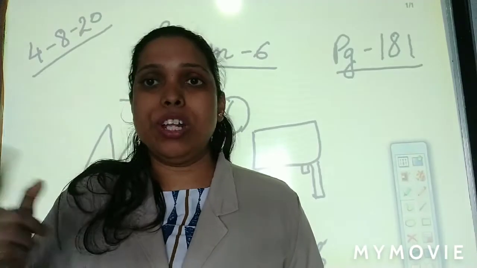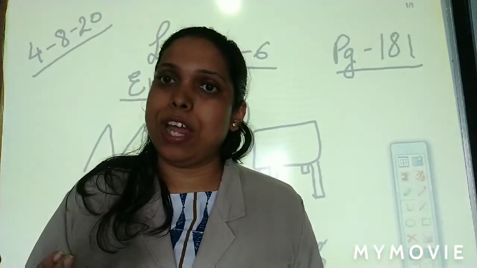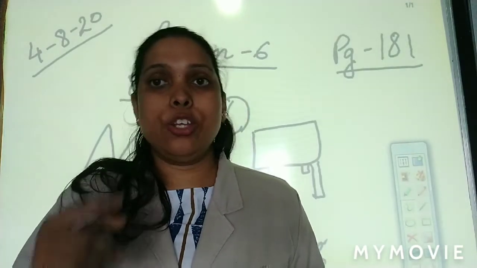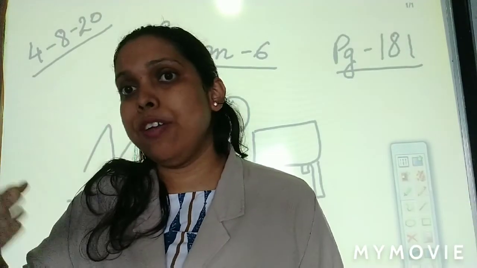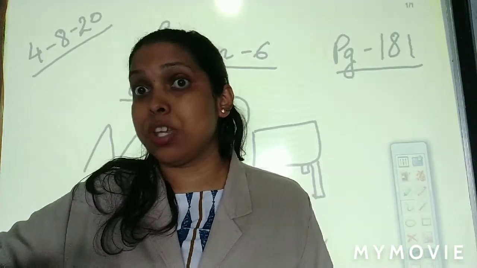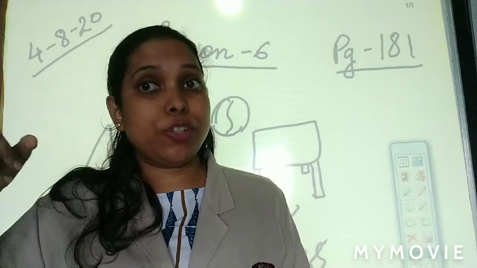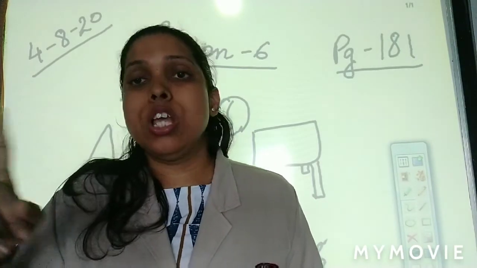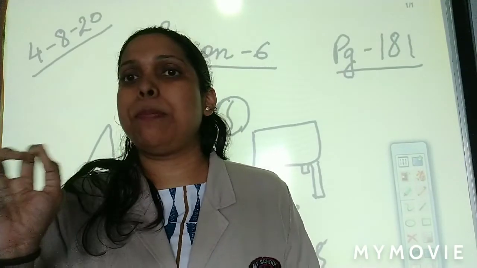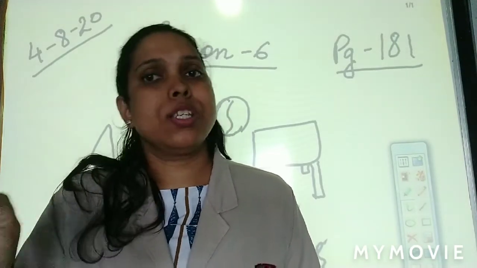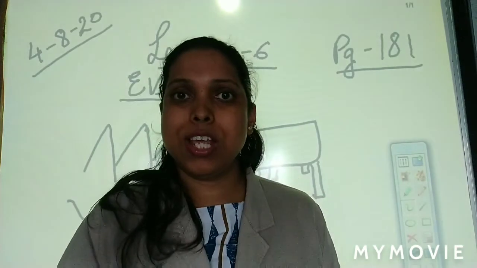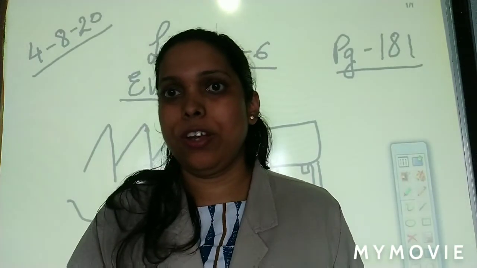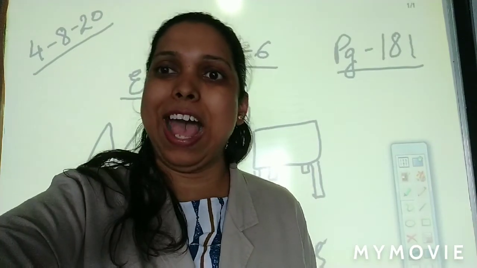Okay children. So tomorrow we'll read further and we'll understand. Today you look around yourselves and make a list. List means make a list of items. What you see. Now you have understood what is living, what is non-living. So I want you to look around and make a list. Write down some living things and some non-living things. So this is the work for you today. Okay, bye. Have a good day.